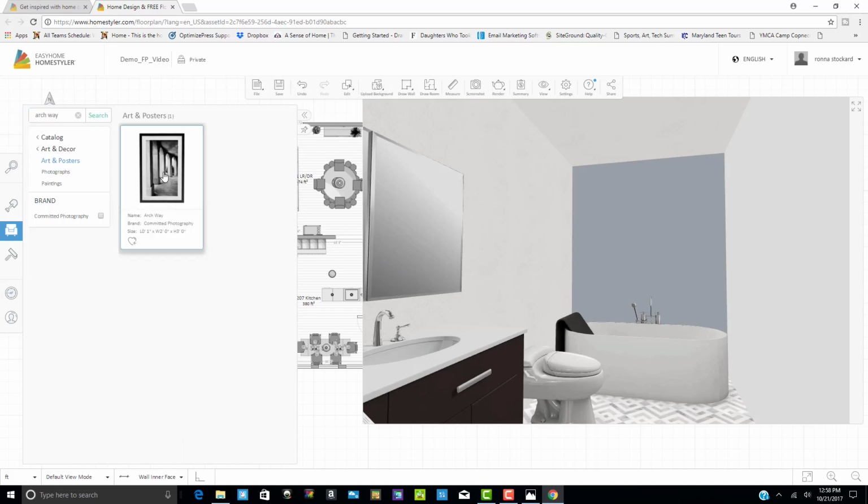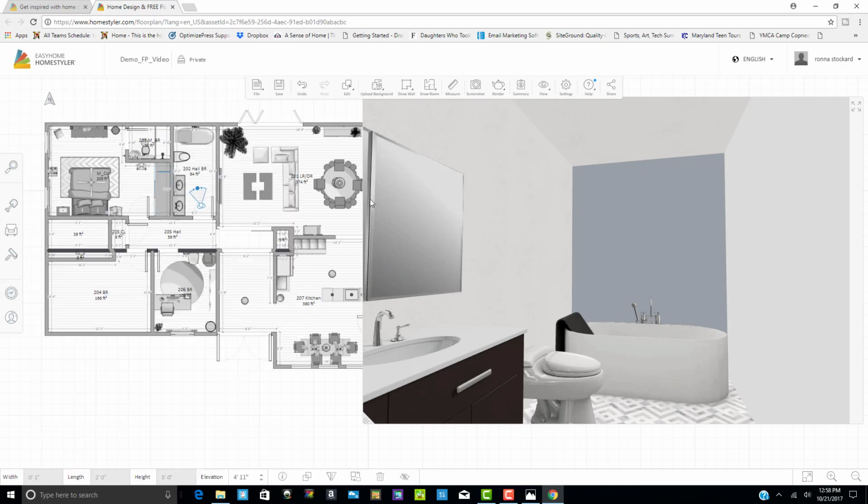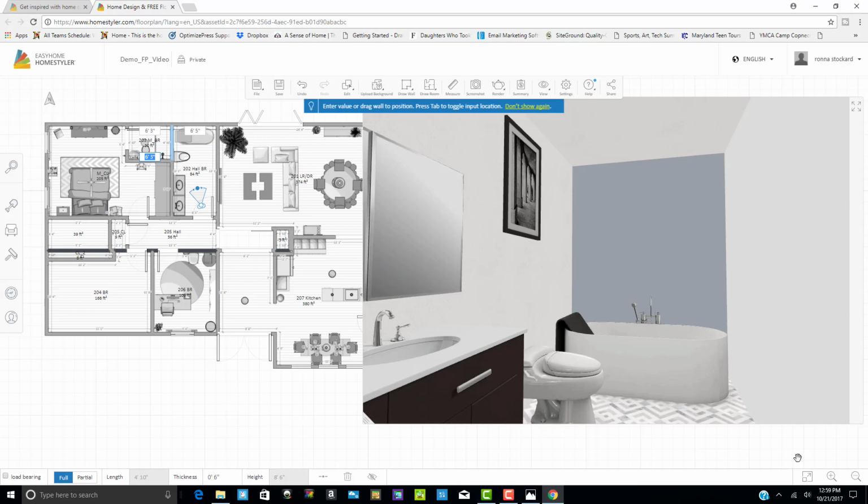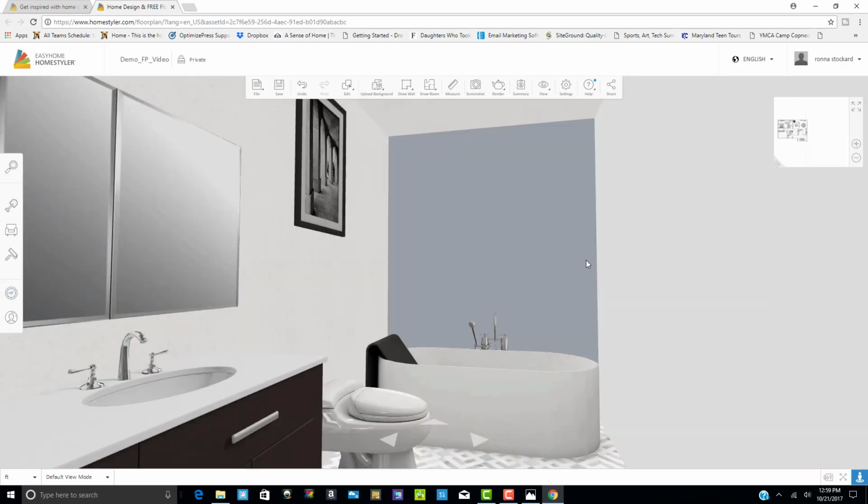I chose this piece here, and I'm looking for it. Okay, so I'm going to put it on the wall here, right where the commode is. So I'm just going to place it there, but then I'm going to toggle back, select, deselect, and then I'm going to go inside of the 3D view,